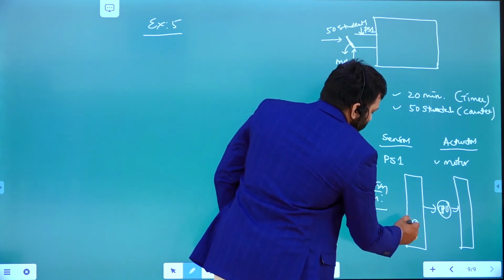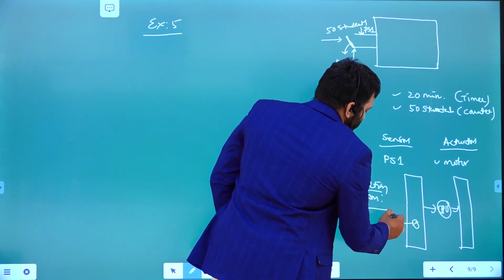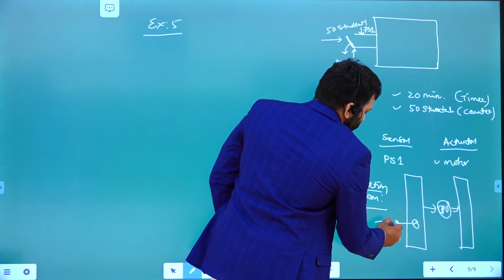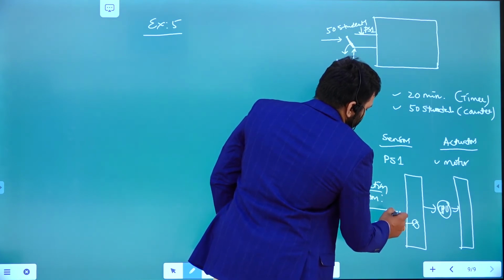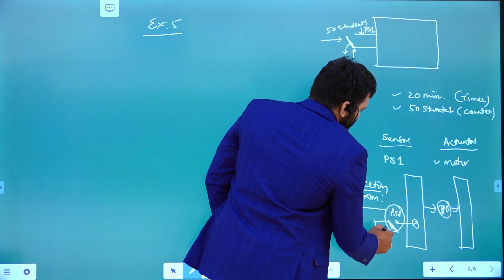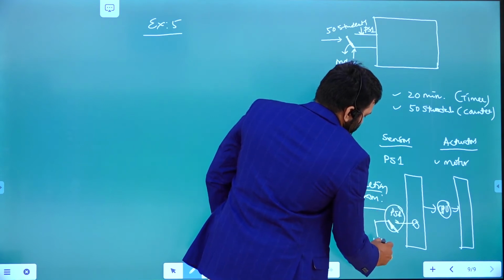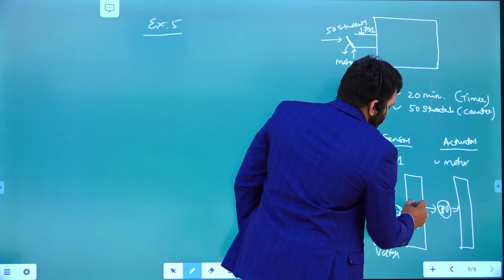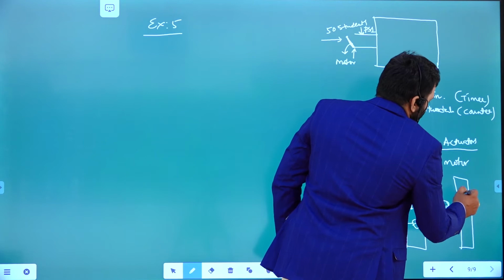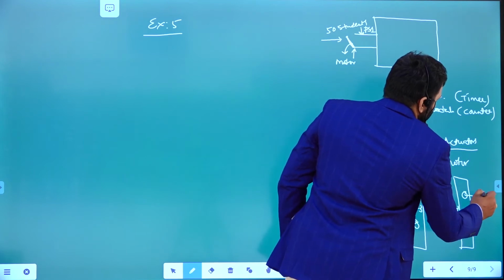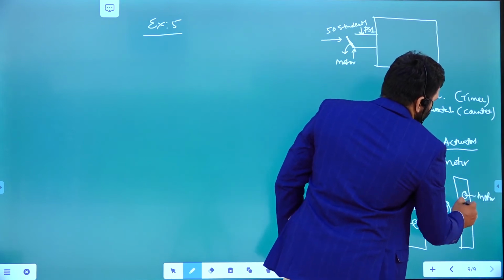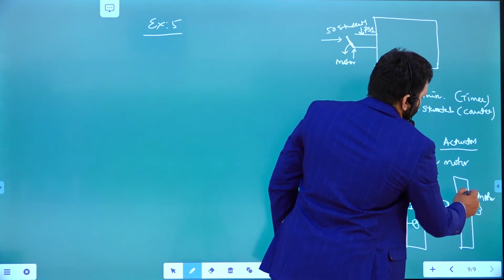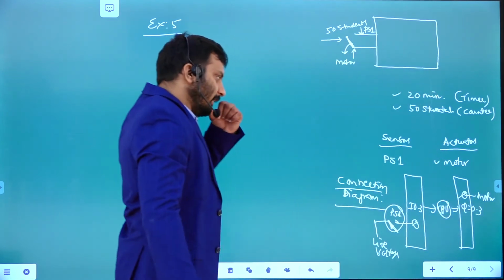Here you connect proximity sensor 1, line voltage. Its address is something like I 0.3. The output motor which is connected to the door has an address, for example Q 0.3. Like that you connect.